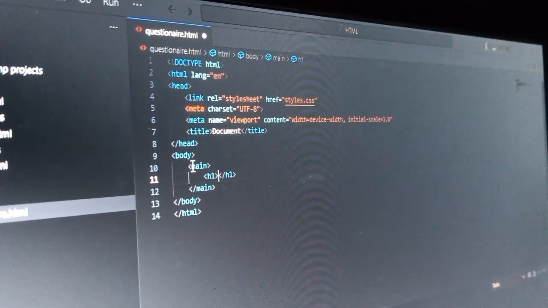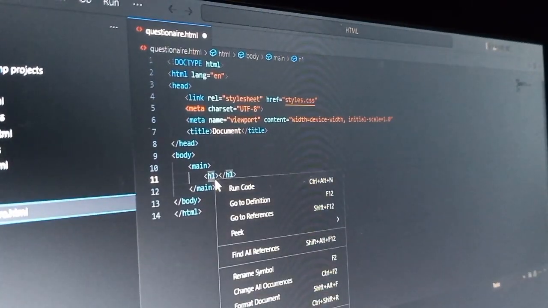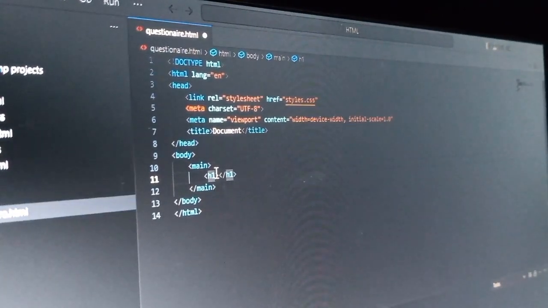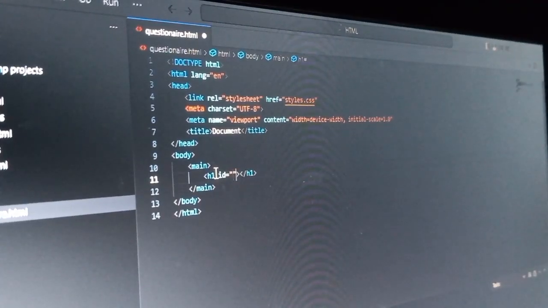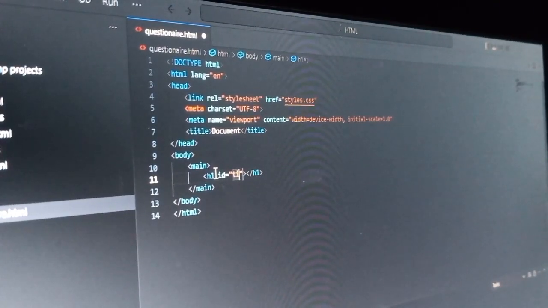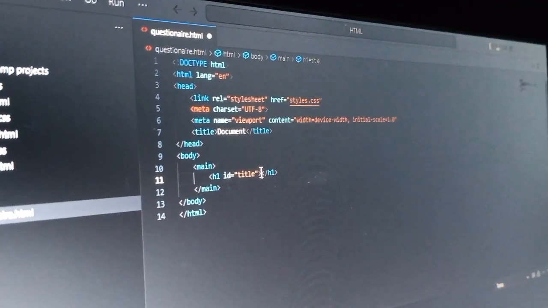So we are going to give it an ID of title, and our title is going to be Questionnaire